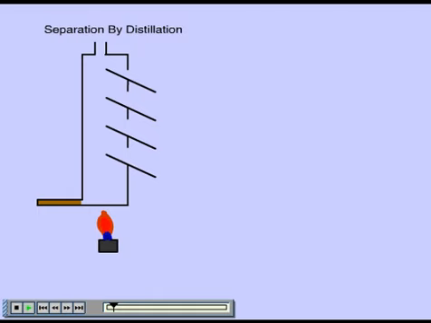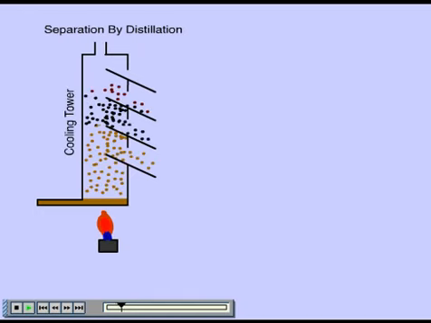To understand the naming of this parameter, we must go back to its origin in the petroleum industry. In petroleum refineries, the complex mixture of crude oil is separated by distillation. The mixture is heated up, compounds travel up the cooling tower, and groups of compounds separate based on their boiling points. The compounds with the lowest volatility, or high boiling point, condense first and are collected on the lower plates